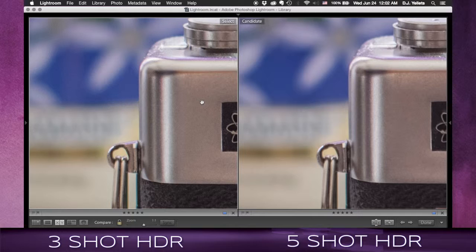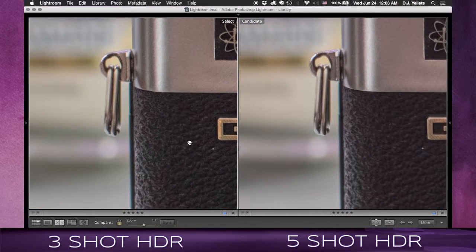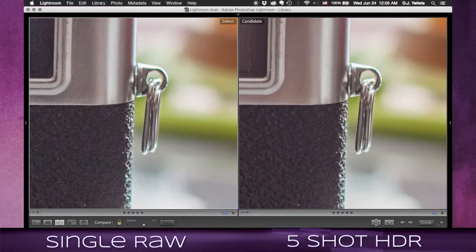Now let's go back to the original single raw file, and I'm going to do some denoising and a little bit of sharpening as well, and see if we can get the single shot raw file to look comparable to either of the noise levels in these HDR shots. So now we have the single shot raw file with some denoising and everything, as well as the 5-shot HDR file over here. And you'll notice this is a drastic improvement, and actually when I first did this, I was surprised at how much